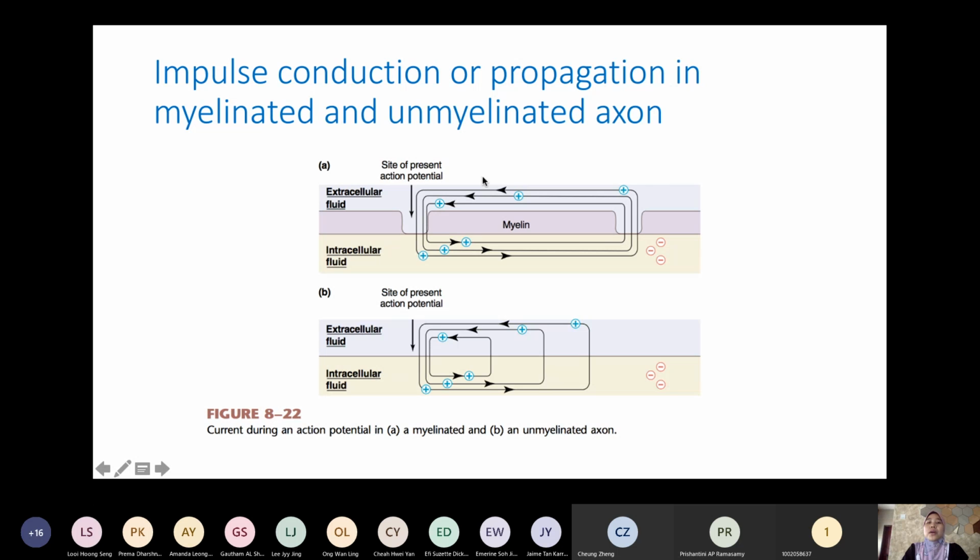And the action potential occurs jumping from one node of Ranvier to the next, and it will cause the changes in the sodium ion in the next node of Ranvier. So please bear in mind that we don't have a sodium or potassium pump on the myelin sheath, on the sarcolemma, we don't have.